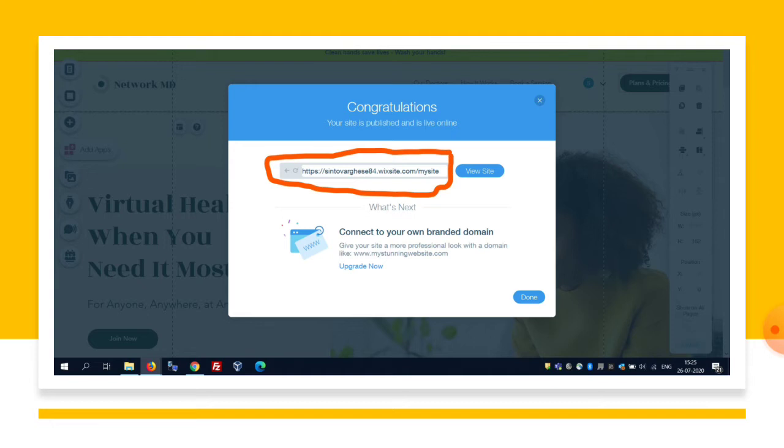Once you create it, if you want to see your website online, once you click publish, it means you are going to use your site live online. So just open another tab, type this address, the address you get from the Wix website, in the address bar and check your website.